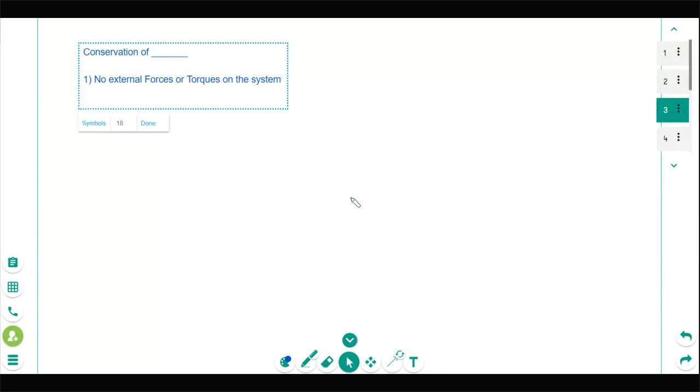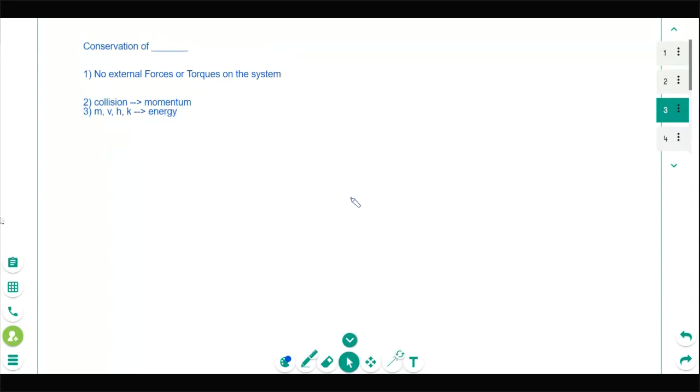So going back to the question above here. Now I've shown that there's no external stuff going on here, and we're supposed to find other things. So typically, if we're looking at the word collision, C-O-L-L-I-S-I-O-N, that's going to clue me into I've got to use momentum, whether it's angular or not. Anytime they talk about colliding or running into or stuff like that, I'm going to use conservation of momentum. If they give me m's, v's, heights maybe, or a k value, then I'm definitely getting into energy for that case. Just looking at the different options I have to work with in there.